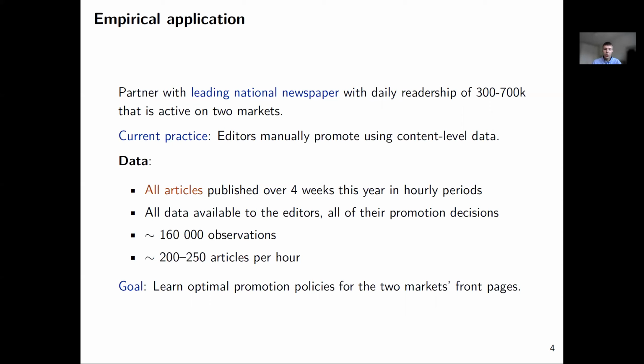The data also includes all the information that was available to editors, so we can control for every factor for which they chose which content to promote, and then we observe all of the actions, all of the promotion decisions that they made. And the goal then is to learn an optimal promotion policy. That is, learn a policy that tells us which content shall be shown on the website front page of this market and this market separately.